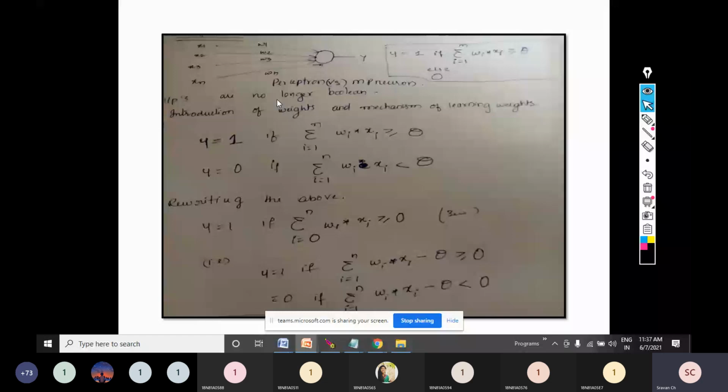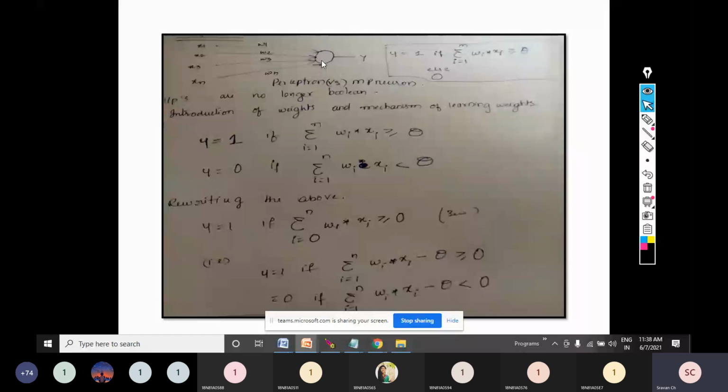Now we have tried to understand the output function y of a perceptron, which we discussed in our last class. y will be 1 if the summation of all these products, where every input is multiplied with its weight, w1 into x1, w2 into x2, like that, we multiply all these things and add them. The summation should be greater than or equal to some threshold value. If the summation value is greater than the threshold, then the output of perceptron will be 1, otherwise the output of perceptron will be 0.